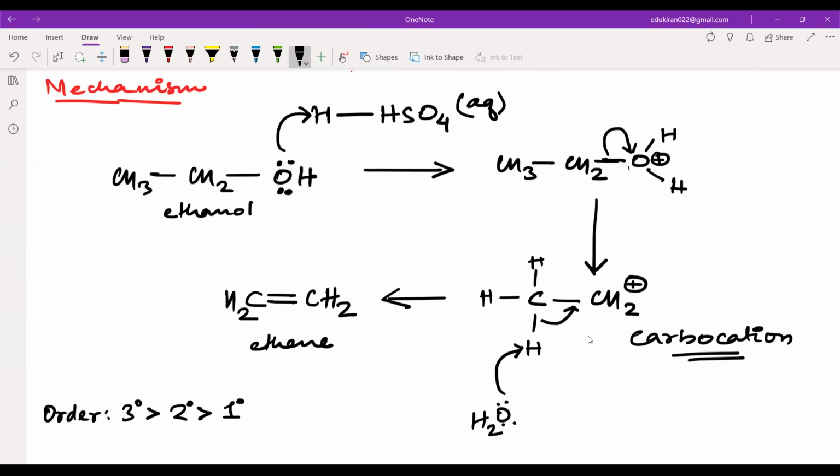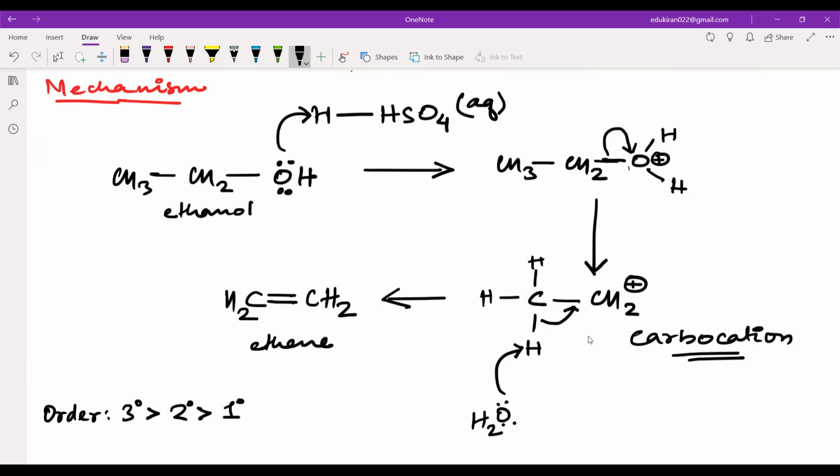So this step is very fast. Because as you can see, this is an acid-base type of reaction. We say this is proton transfer. So hydrogen is getting transferred from HSO4 to OH negative, and essentially this is also a reversible reaction. Okay, fine. That you will come to know later in class 12th. You don't have to worry about those things right now.